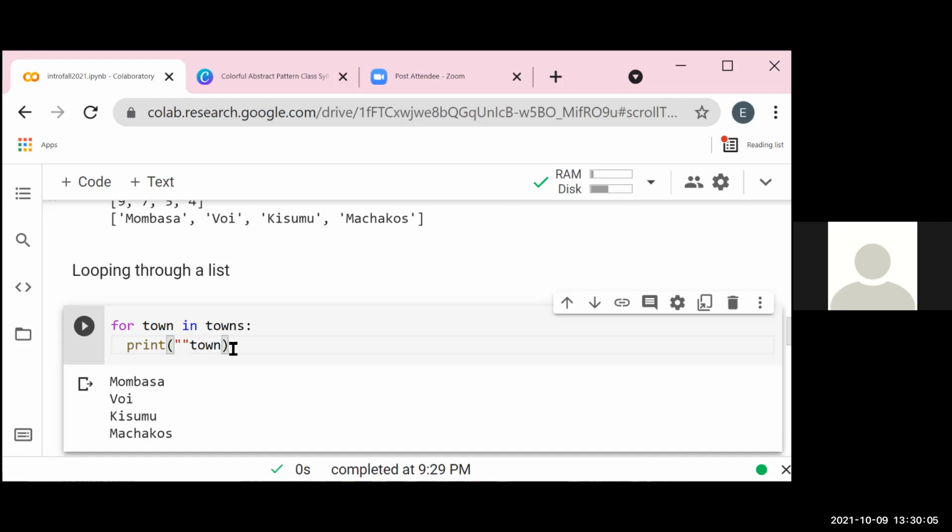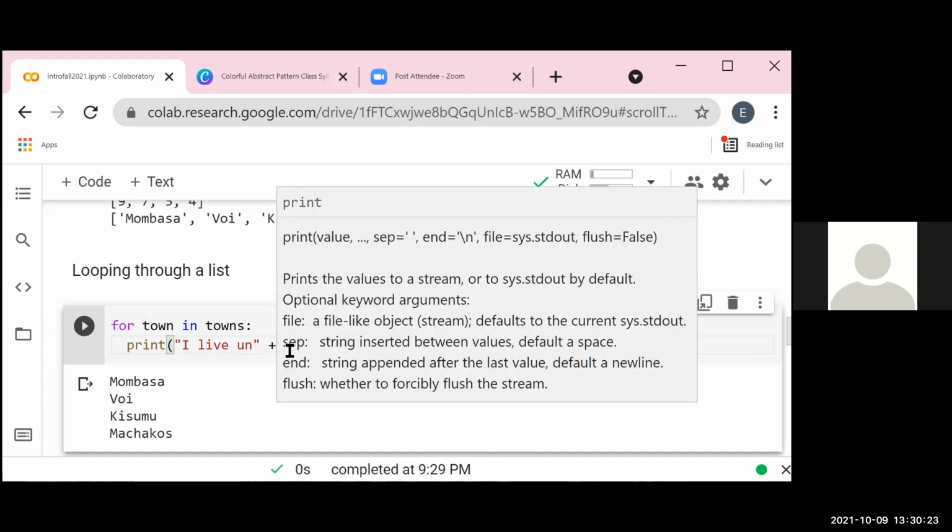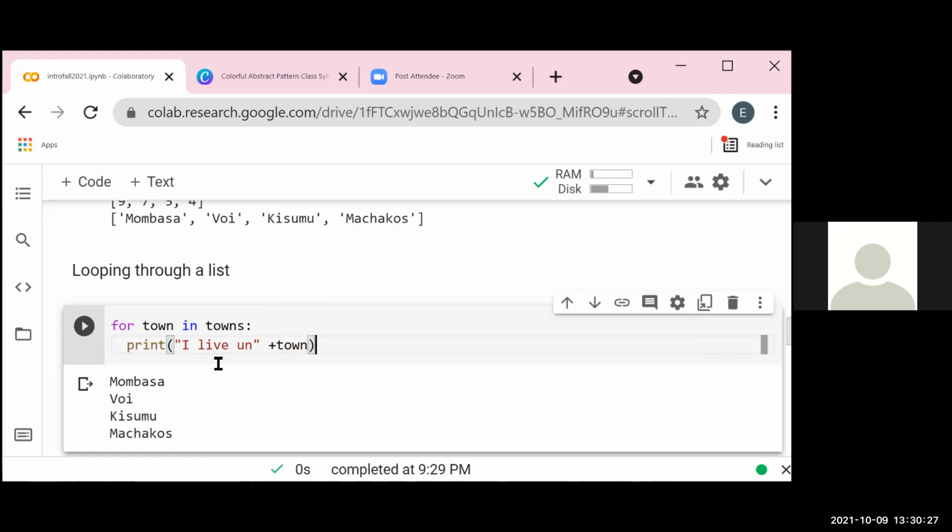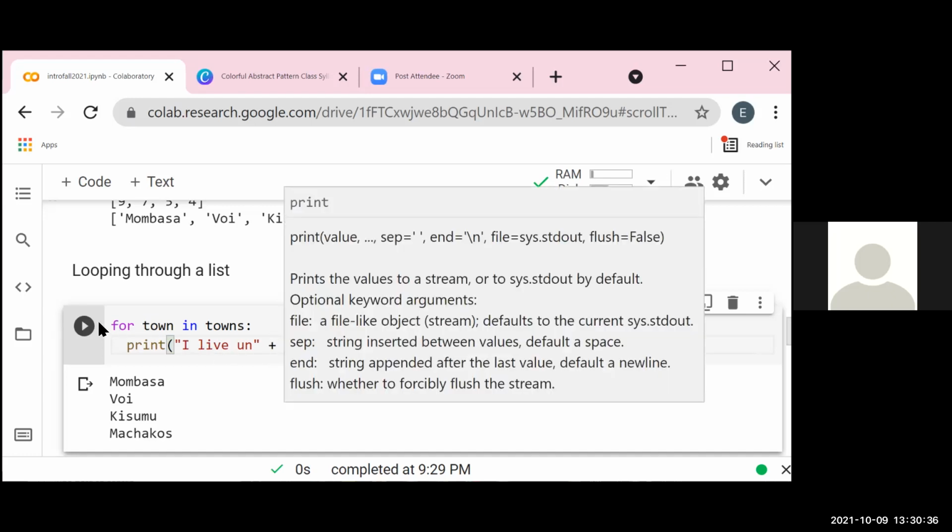Let's say I live in. Then remember the concatenation, we just use the plus sign. So what we'd expect is that for every item in our list, it should concatenate.